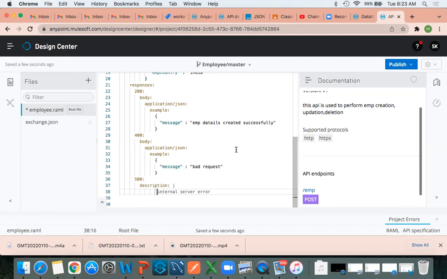So will the system take any notation automatically? One by one. Sir, for body, everywhere it should be in the same line. It will be the same one. Okay, sir. Sir, for the internal server error you wrote now, for that, no indentation. Here, will the system take it automatically instead of writing application/JSON? Yes, no need. Okay.